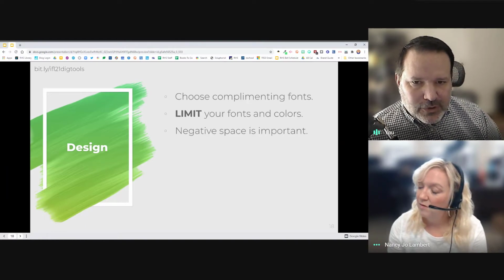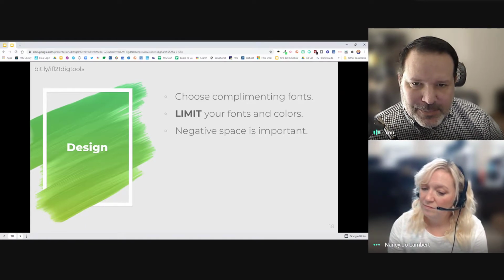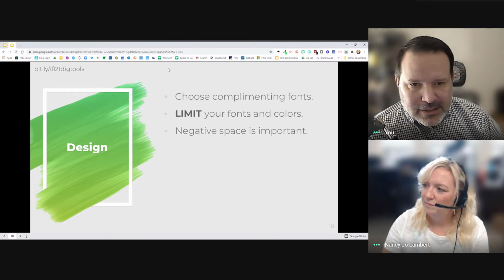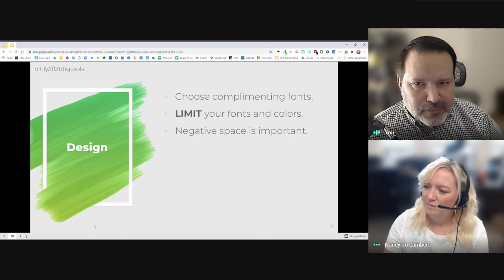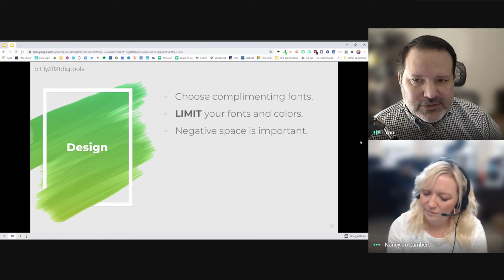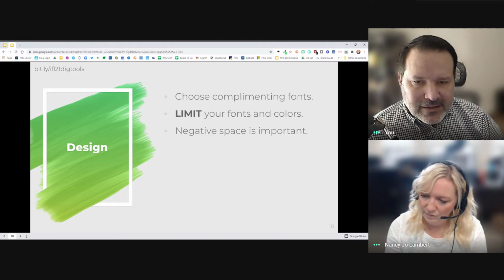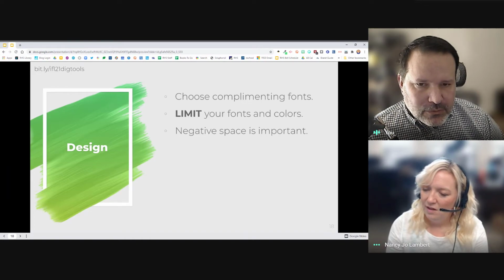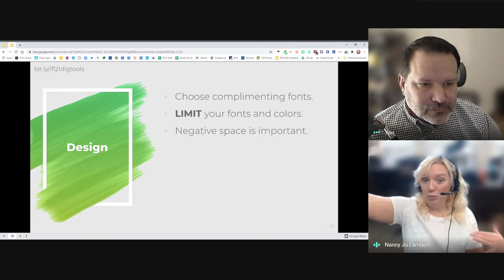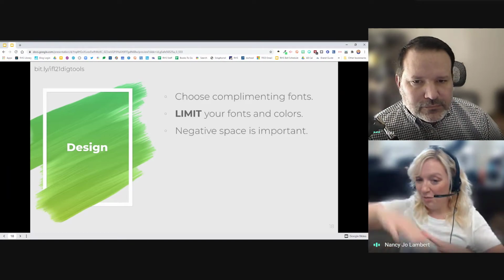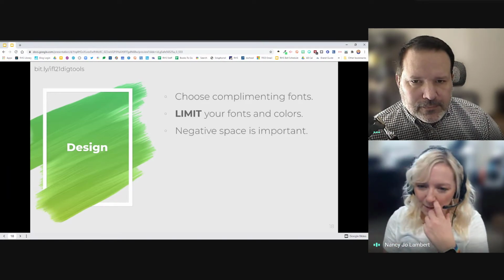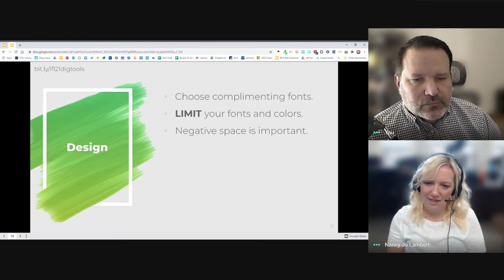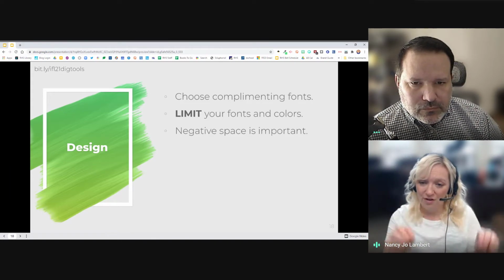Something else that's really important is negative space, and that's the space where you're not putting something. I've seen a lot of designs where things are just crammed in. You want to get all the information you can on the design, and it just makes it so hard to read or to take in when you don't have that space balancing things out. The words don't have to take up the entire space. Your image doesn't have to take up the entire space. Think about perspective and balancing that negative space with all the different elements you have in there.